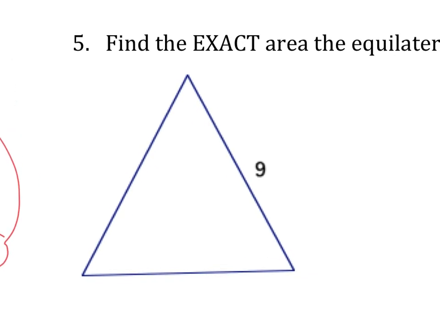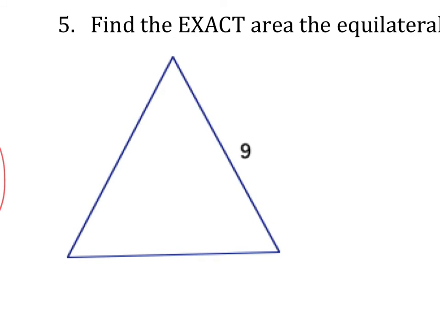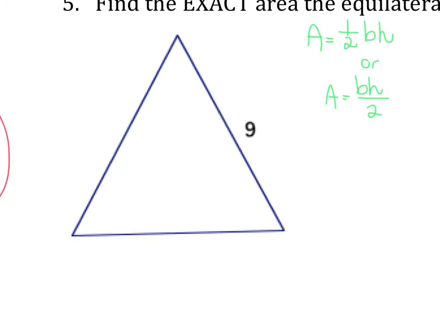All right, and then for number 5, we're going to find the exact area of this equilateral triangle. So area of a triangle, in case you don't remember from earlier math classes, is 1/2 the base times the height. Or you could write this as base times height divided by 2, because a lot of times kids don't like the way that 1/2 looks, so they would rather multiply the base and the height and then divide by 2. All right, so if I'm looking at this triangle, my base is here, my height is the altitude inside,